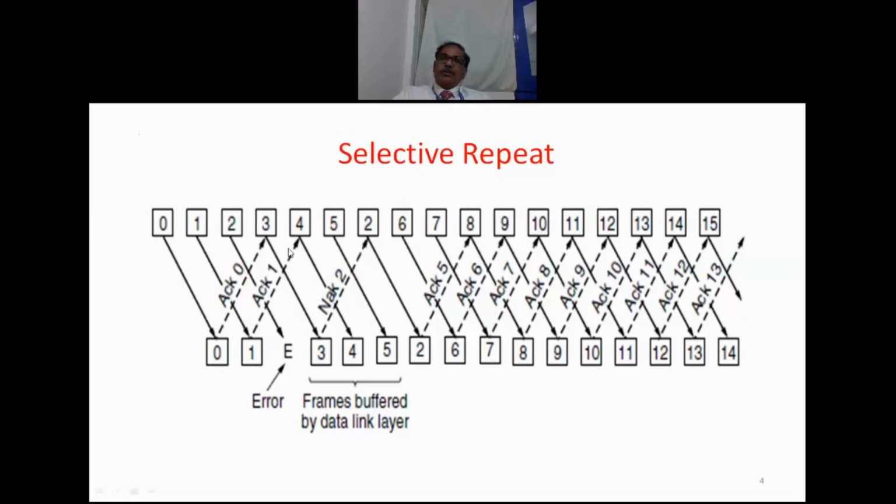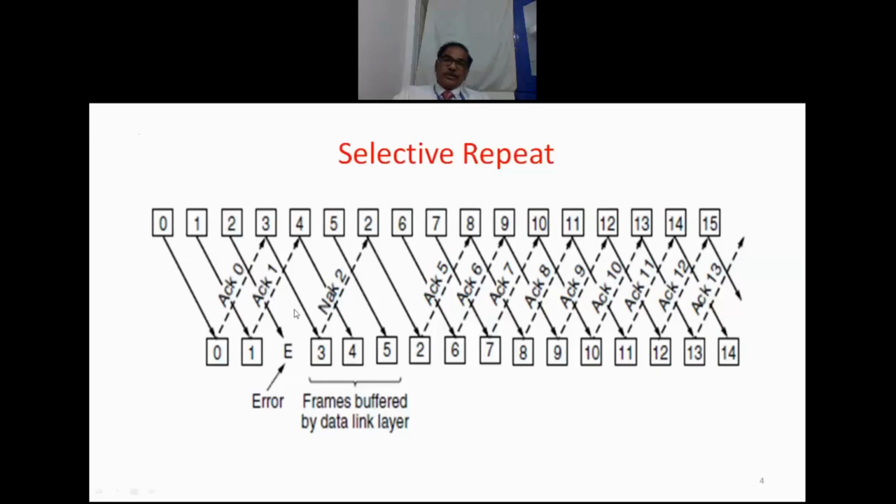So here both sender and receiver will allocate more buffers for properly sending and receiving the frames. Suppose in this particular example, the upper line indicates the sender side and the lower line indicates the receiver. The sender sends frame 0, the receiver receives and acknowledges. Then without waiting for the acknowledgement, the sender sends the next frame, received, acknowledged, the next frame, so error,